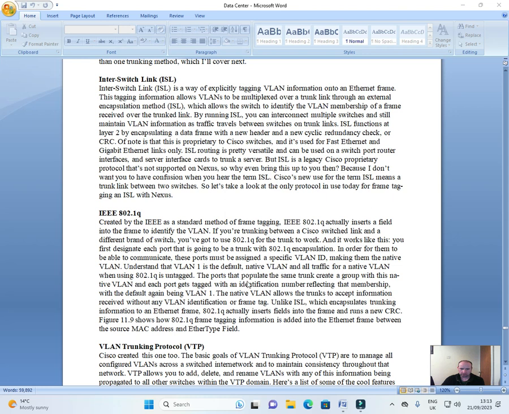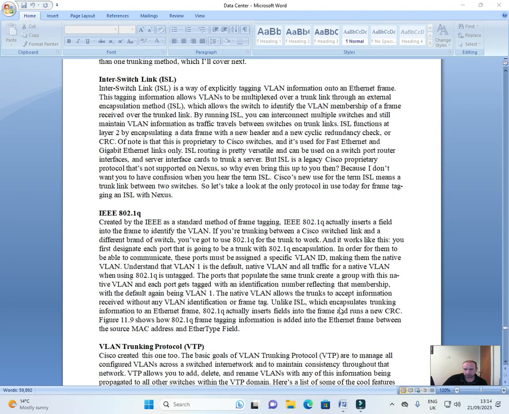The ports that populate the same trunk create a group with this native VLAN, and each port gets tagged with an identification number reflecting that membership, with the default again being VLAN 1. The native VLAN allows the trunks to accept information received without any VLAN identification or frame tag,